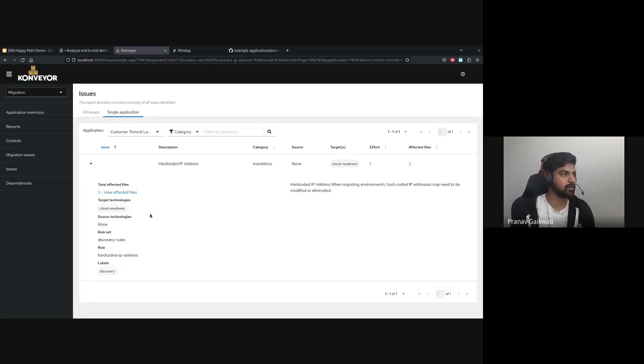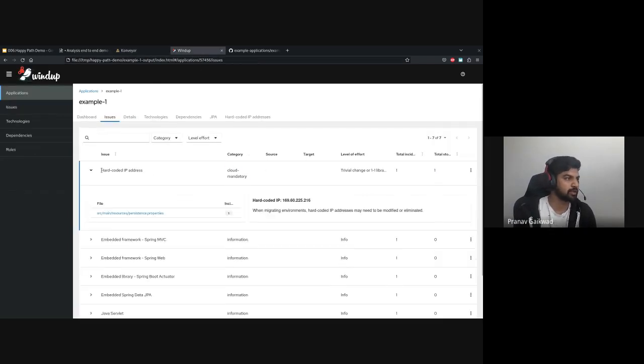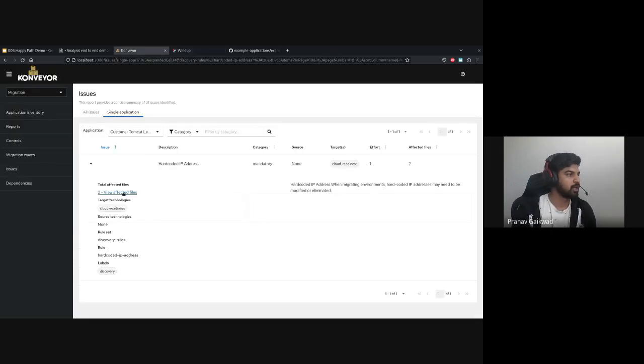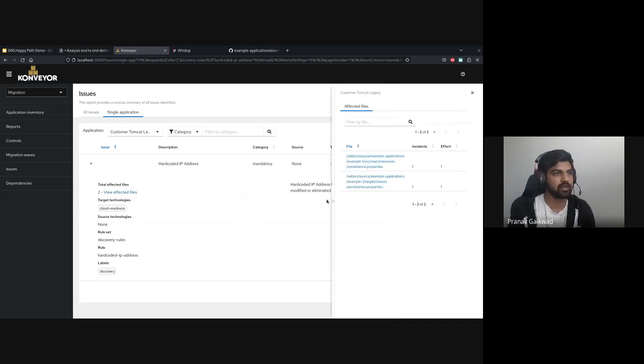Let's go ahead and take a look at the details. We can see that there are two affected files. Over here, we see just one file. I'll explain why that happens. But we can see that the hard-coded IP, the description for that rule is presented here. When we go to the affected files, we see two files. I think this should be fixed in our rules, in that we are seeing the same file, which is in the source code as well as in the target,